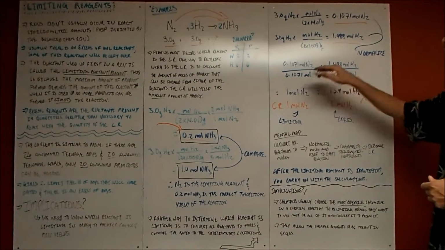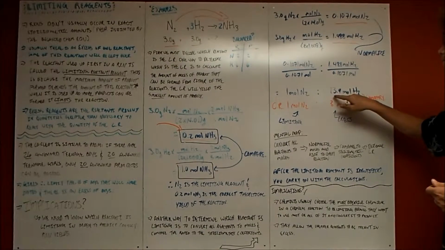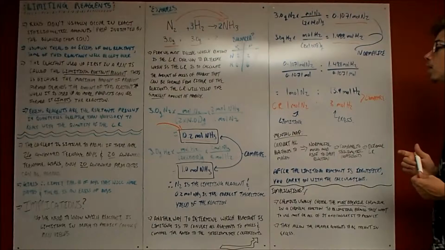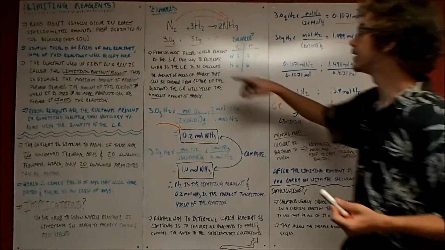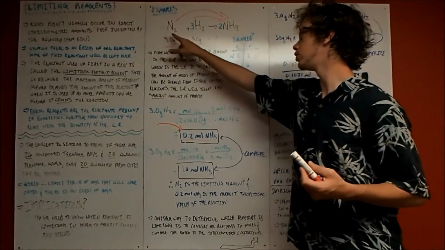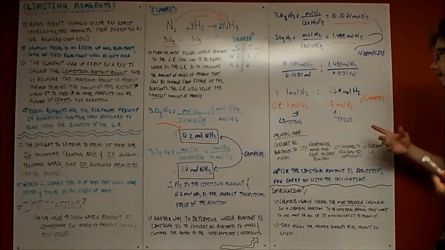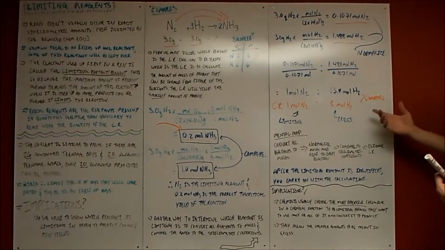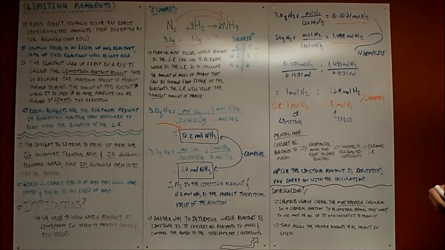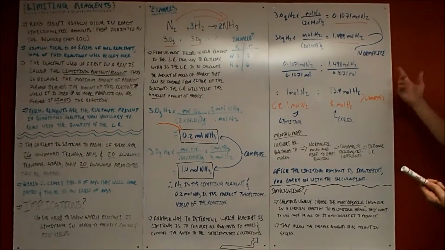So we divide by the smallest amount of moles, so we get 1 mole of nitrogen for every 13.9 moles of hydrogen. We then want to compare it to the chemical reaction's coefficients, and we see for every 1 mole of nitrogen there should be only 3 moles of hydrogen. So there's therefore an excess of hydrogen, which means nitrogen is the limiting reagent and hydrogen is the excess reagent. And then after that, all we have to do is carry on with our calculation using the limiting reagent,